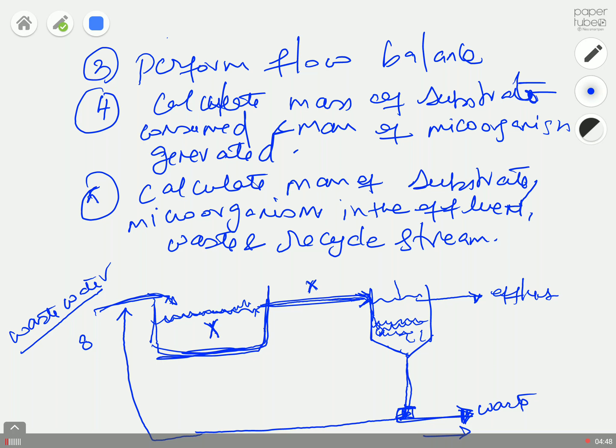sludge. So this is the sludge which comes down. It contains a very rich concentration of microorganisms, because they are settled down, so they should have a very high concentration of microorganisms, and you are returning them. This stream we call a recycle stream,